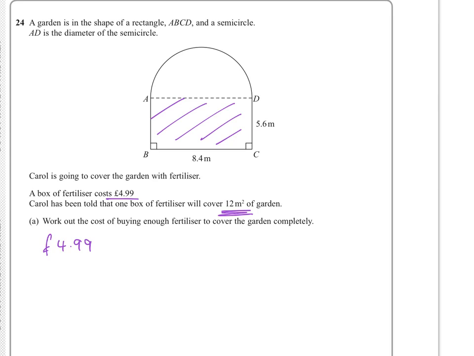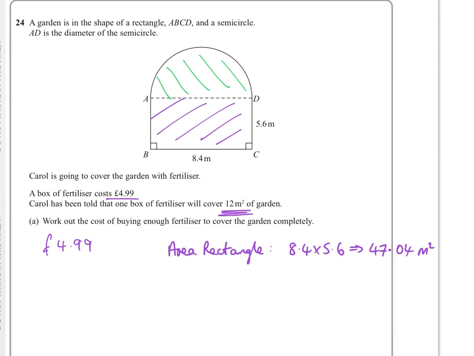I'm definitely going to use the calculator for this, and we're going to have 8.4 times 5.6. So we'll do area of rectangle, and that's going to be 8.4 times 5.6, which gives 47.04 metre squares. And then we've got the area of the